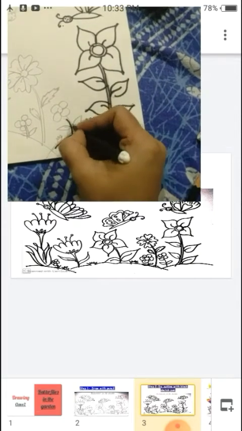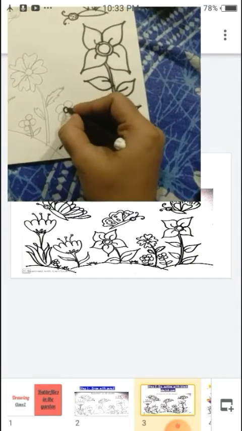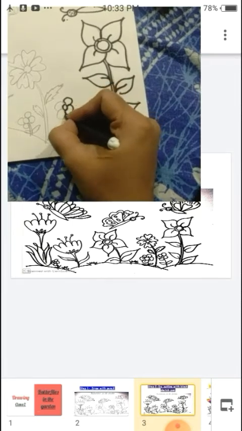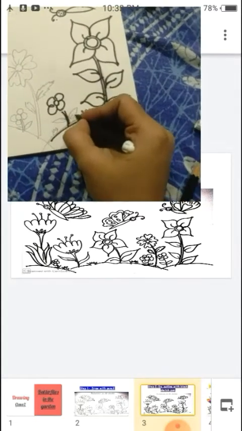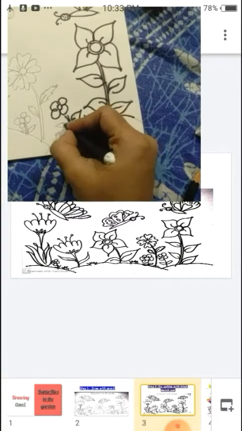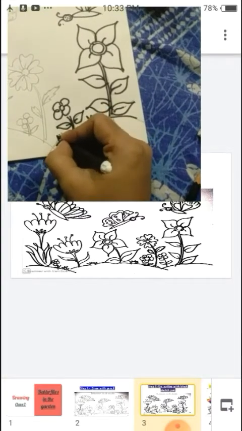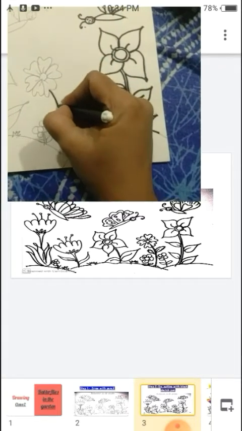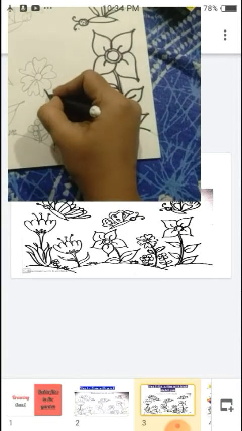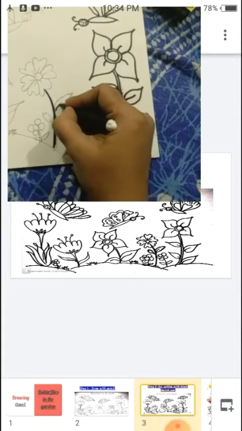You have to make the base of this garden. Okay, do the outline properly. If you have done it with the pencil, easily you can do the outline with your sketch pen.